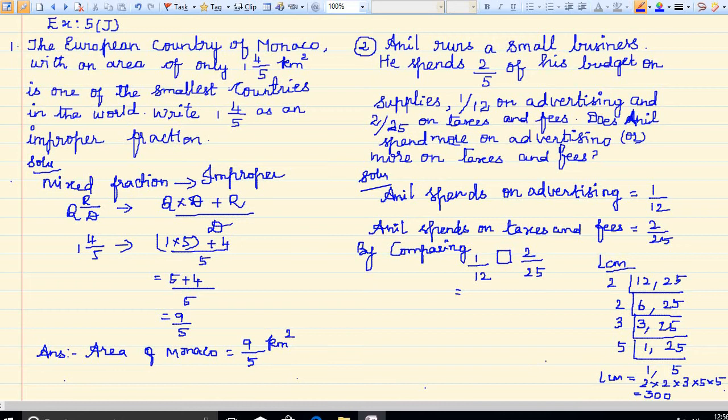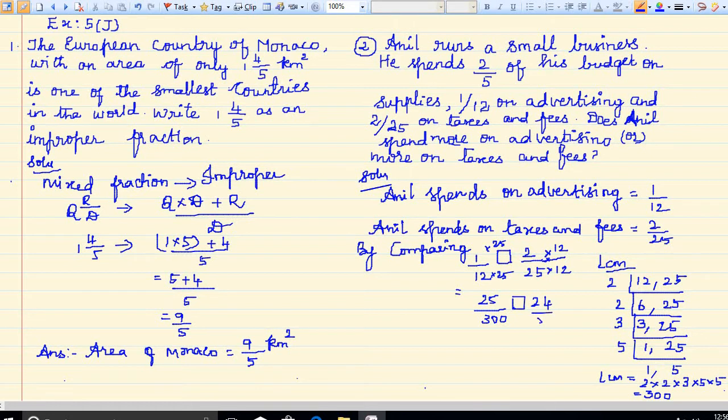Already here what is there? 12 is there. So what do I have to multiply here? I have to multiply here by 25. Here already 25 is there. So I have to multiply by 12. Here also into 12. So this is 25 by 300 and box